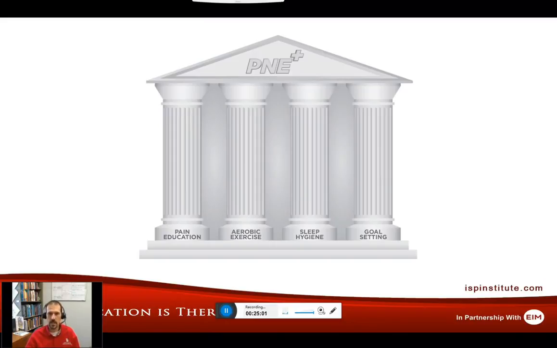Sleep and sleep hygiene is key and vital. More and more research is pointing to the importance of sleep for brain health, and we are starting to understand, and we have to appreciate that many chronic and persistent pain problems have a significant brain component to them, that many of the areas of the brain aren't functioning, both structurally and functionally, quite as well, and sleep is a key component to restore brain health. And the other is the motivational goal setting.